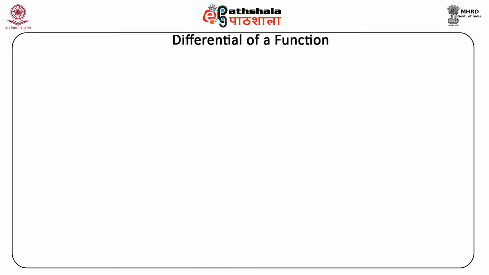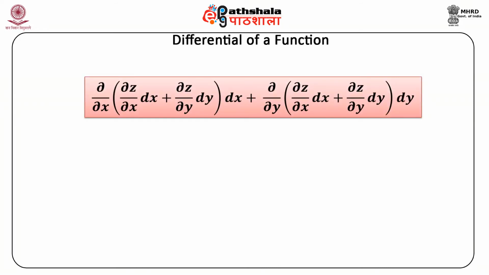On further differentiating, we get d square z equal to ∂/∂x of (∂z/∂x into dx plus ∂z/∂y into dy) multiplied by dx, plus ∂/∂y of (∂z/∂x into dx plus ∂z/∂y into dy) multiplied by dy,